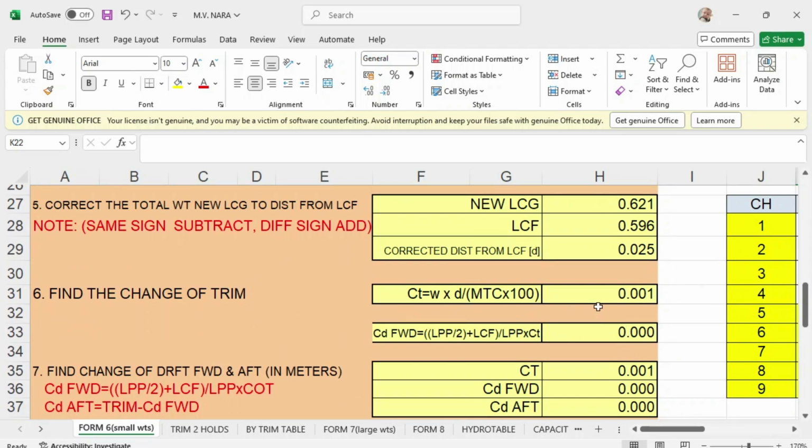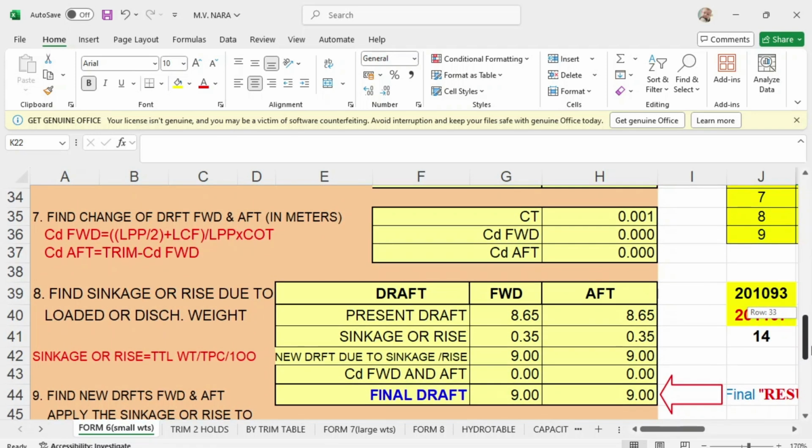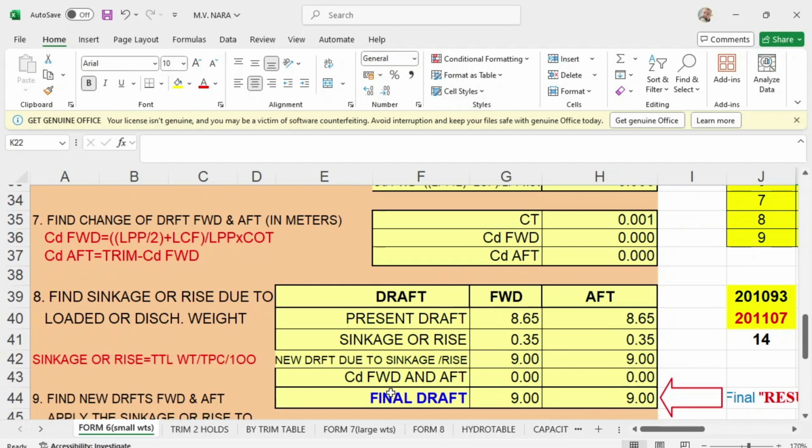So change of trim minus change of draft forward, your aft will also be 0. That's why your change of draft forward is 0, which is this one. Change of draft aft is 0, which is this one. That's why you have a final draft of 9 meters.